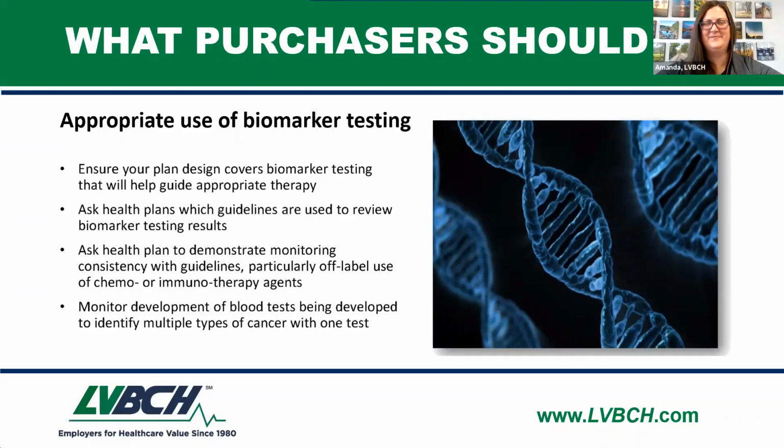So all testing is not the same, and I think I had mentioned earlier that you can do single gene testing or you can do a broader panel, but you have to remember that the tumor sample in and of itself is not infinite. Especially as we're doing more screening and finding patients who are earlier, there's a limited amount of sample material. So generally being able to do a broad panel test, which both Dr. Wilson and Dr. Welding had said, the coverage on that really varies tremendously by payer, but being able to interrogate that tumor and get as many answers as possible becomes really important, not just for the